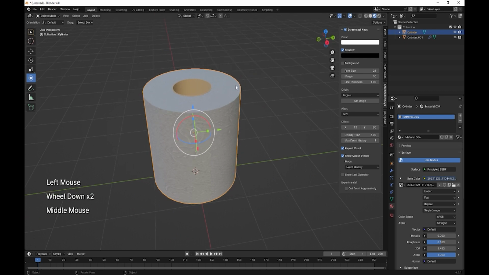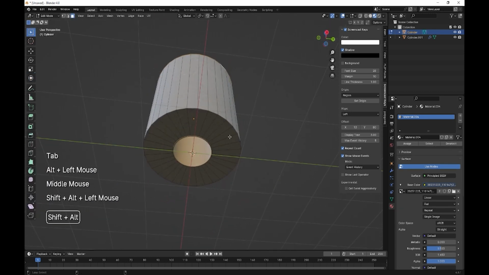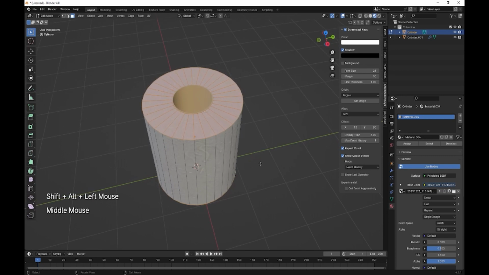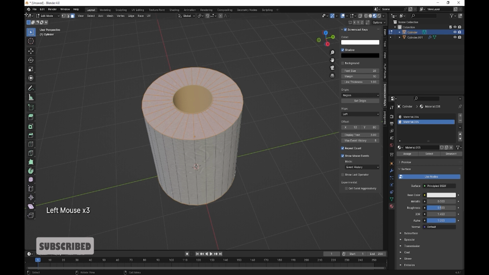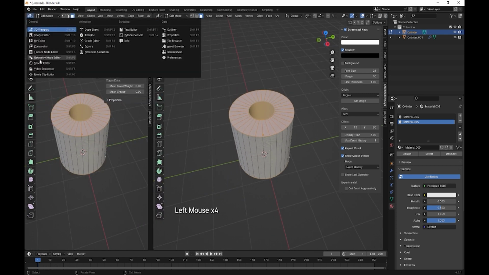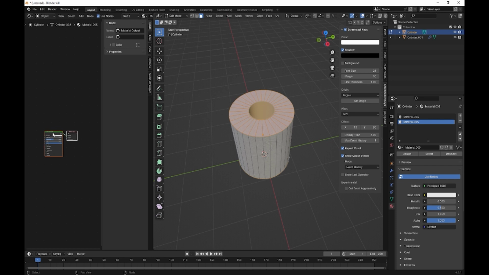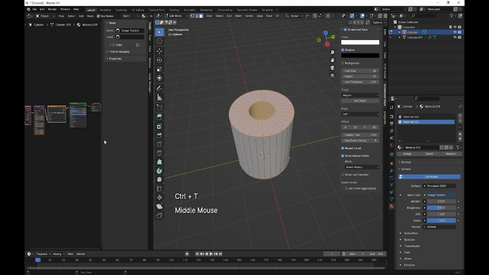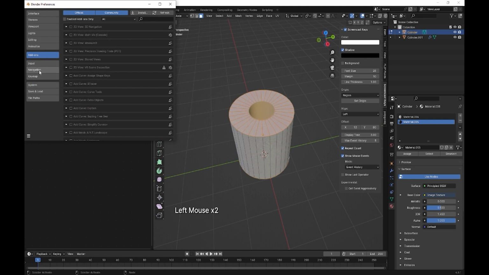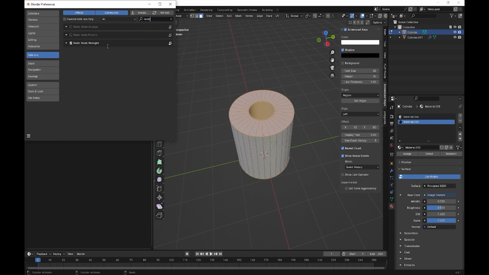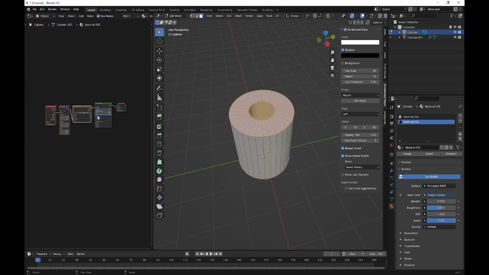Now what we've got to do is select these top ones and the bottom ones, create new material, and next we're going to go into our shader editor, and then we're going to do a Control T. Now if you can't do that, then you haven't got Node Wrangler installed. Just go to edit, preferences, add-ons, type in Node, and just tick your Node Wrangler, and then you can do Control T. We're going to get rid of the image one there,